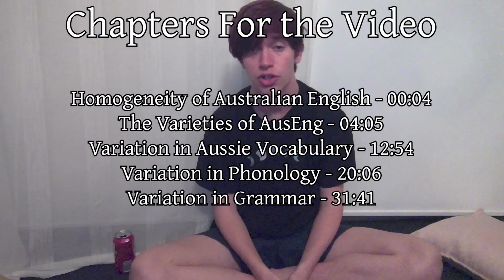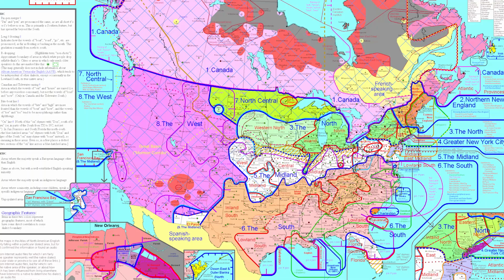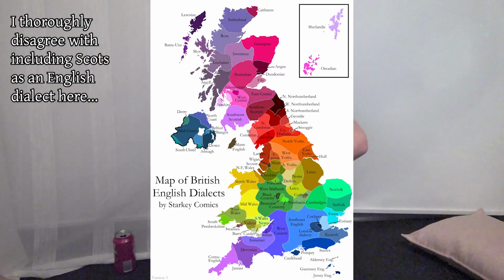Today we're going to talk about the varieties of Australian English. People really like to take note of how homogeneous Australian English is compared to how big Australia is. You look at a similarly sized country like the US, and you think there's hundreds of different dialects of American English, and yet there's basically only a handful of Australian dialects. And then you look at England, which is itty bitty, and they've got all sorts of different varieties. And so Australian English is very weirdly homogeneous, and people often take note of this.